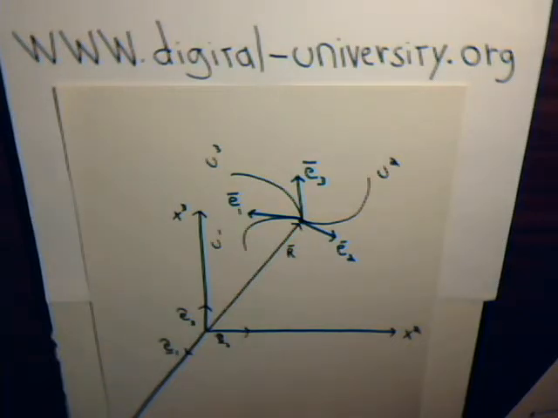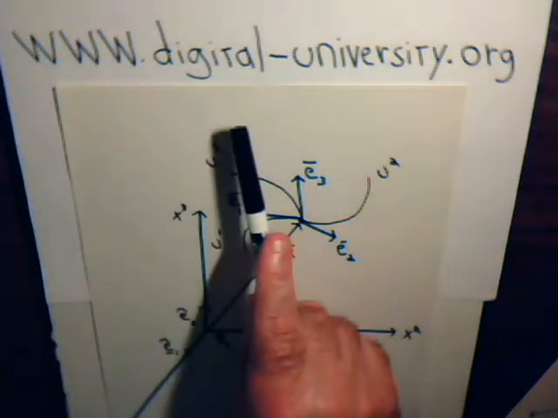This is video number 6 in our series Topics in Tensor Analysis. In this video, we're going to look at more of the properties of contravariant vectors and contravariant tensors. A reminder that the playlist for all the videos is featured at the website at